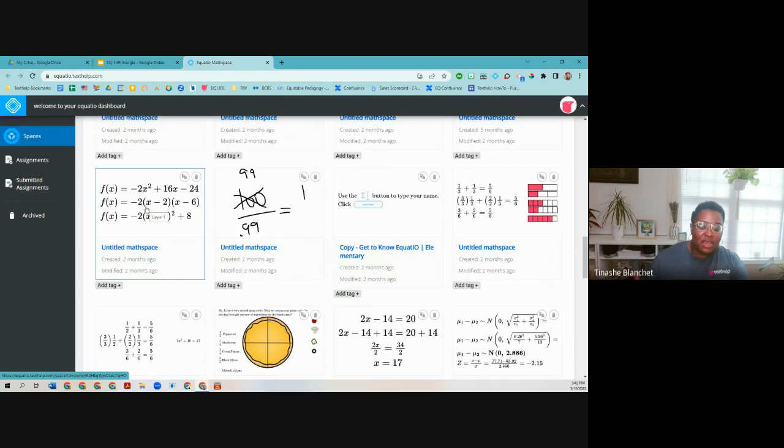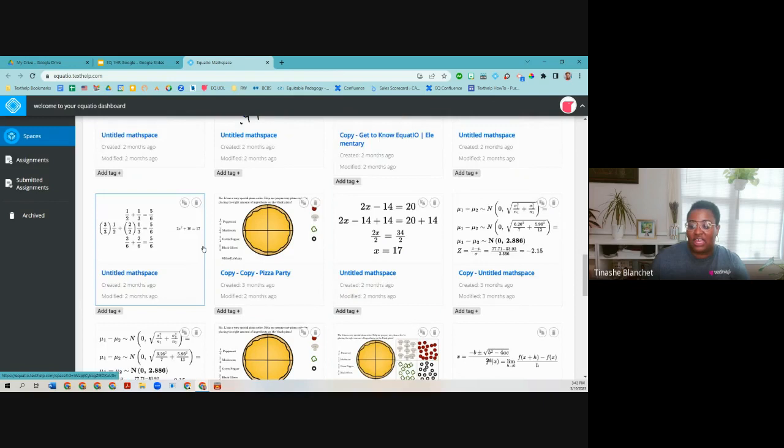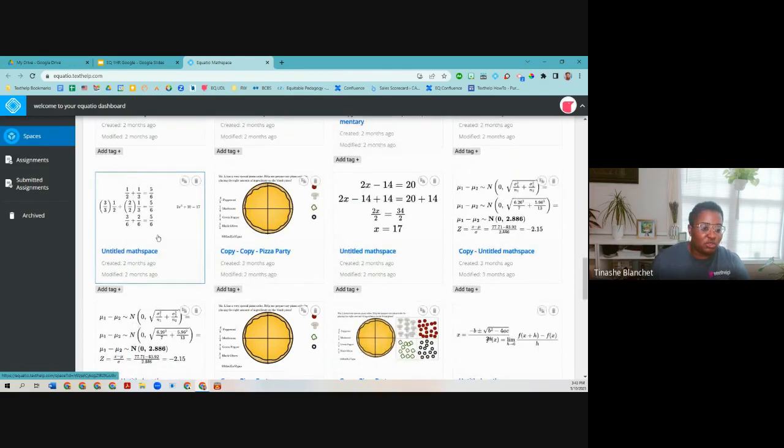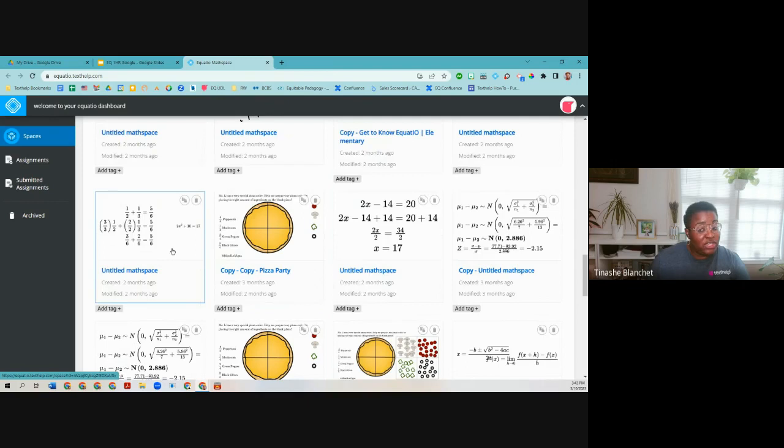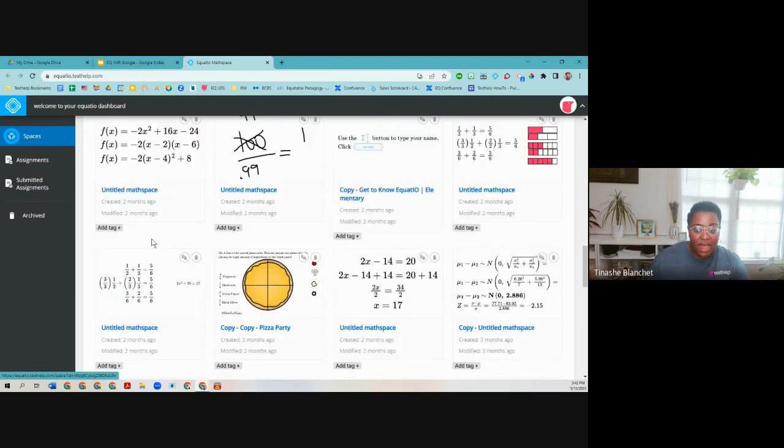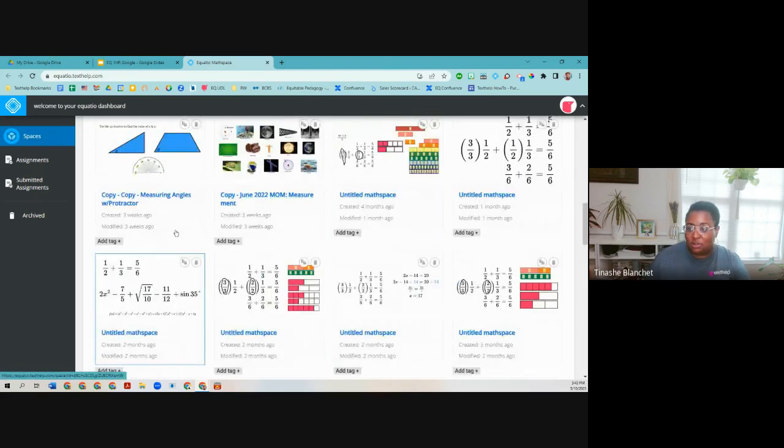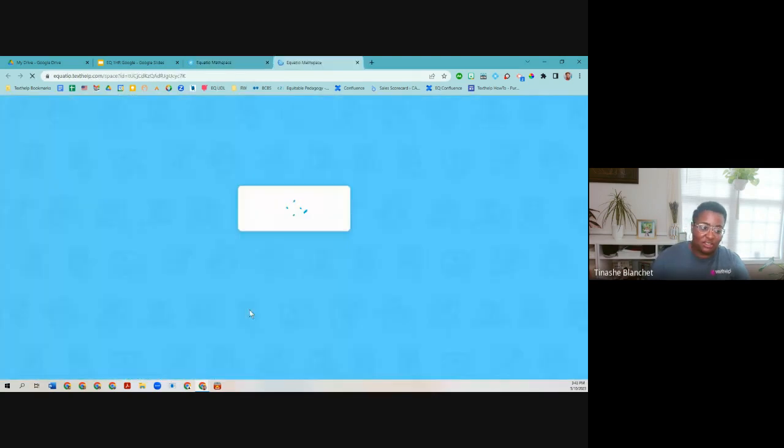And so a lot of times Equatio gets pigeonholed as a secondary tool, right? If kids are not learning how to solve for X, then why would they need an equation editor? Well, I want you to consider that anytime you're doing math, whether it's elementary level or high school level, you're dealing with mathematical notation, right? That is the reason why teachers are still doing handwritten work and pulling out the chalk in those classes, because even if they want to do something like this, right? This is an elementary level fraction addition problem. This is something that is not easy to type unless you have a tool like Equatio.